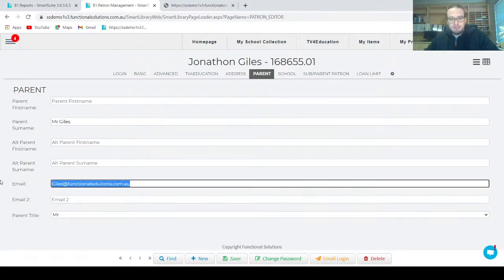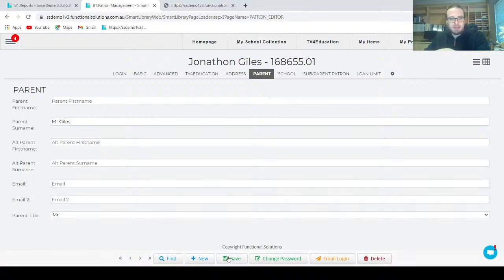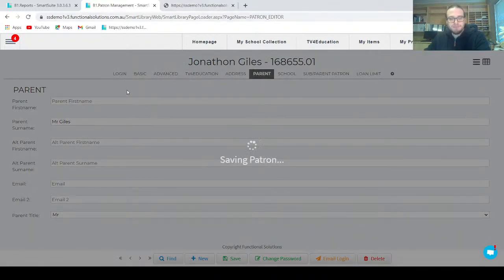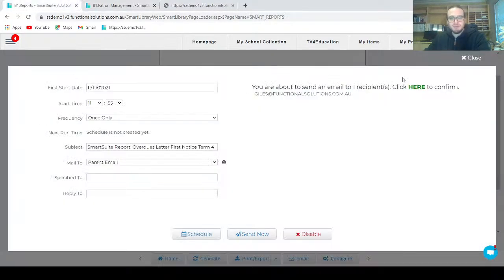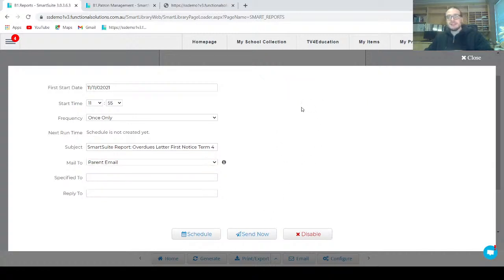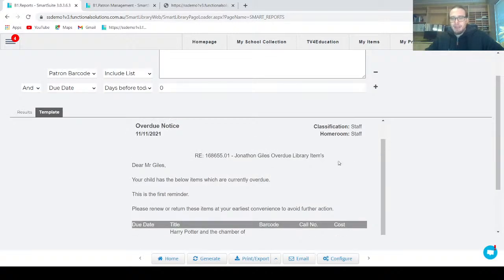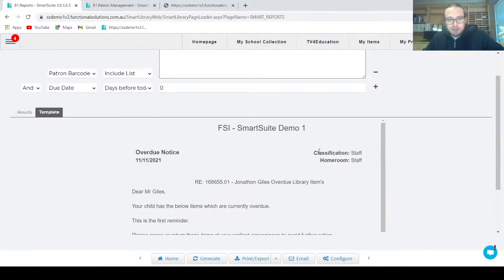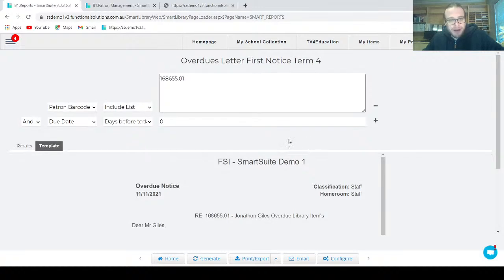If there's nothing here, say if I undo that and click save, go back to reports, and then redo this, and then click send now. And then select parent email. Nothing appears because there's nothing in the parent field. That's how we can send an overdue email to a student, an overdue email to a parent, and